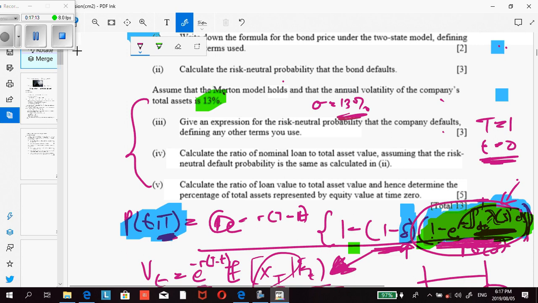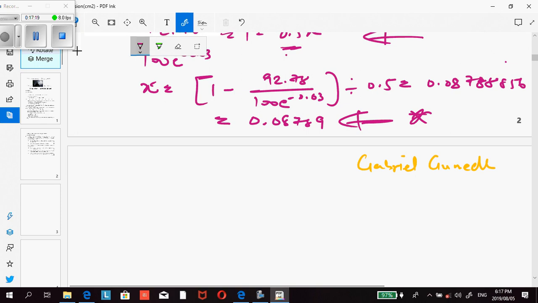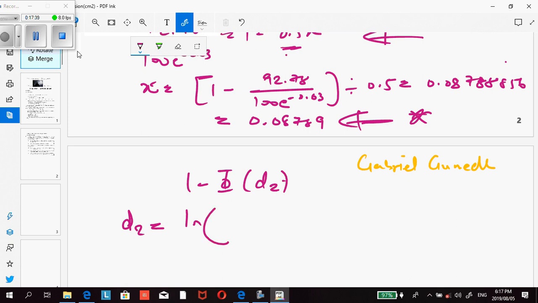Well, I've just stated that now. So it's a matter of defining all your terms. The risk-neutral probability that the company will default is equal to 1 minus phi of d2. So now I have to define your d2. Your d2 is equal to the natural log of the total value of the company at little t, F(t), divided by your redemption value L, plus the risk-free rate minus 0.5 multiplied by the volatility squared,